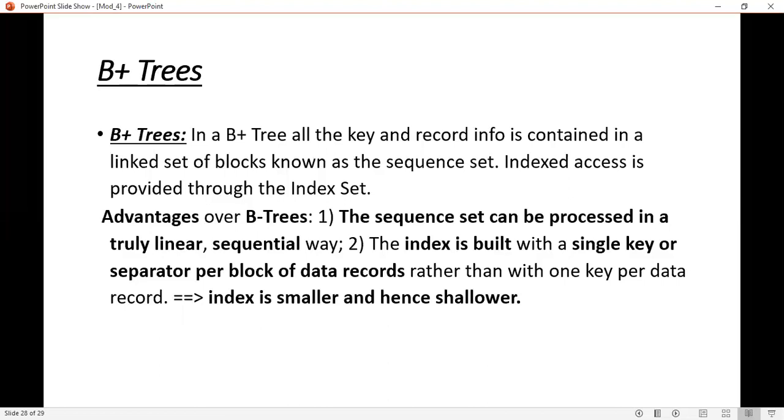The advantage over the B tree is that the sequence set can be processed in a sequential way. That means the records are arranged sequentially, and easily you can access them sequentially. The index is built with a single key or separator per block of data records rather than with one key per data record. And here the index is smaller and hence it is shallower.